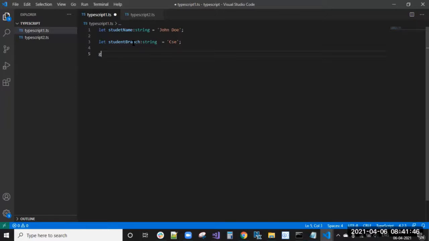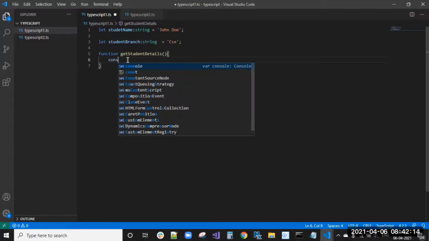I have one more method, get student details. Sorry, it is a function, right? So I'm creating a function, get student details.